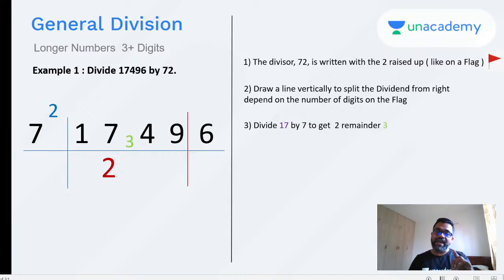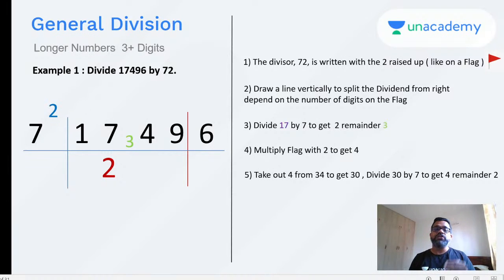Now you have to see that when I've written 3 right there in that green color, you have to read that number as 34. So the next number is going to be 34. The first number was 17, but before I divide 34 by 7, I will multiply the 2 and the 2, the blue 2 and the red 2. When I multiply that, I get 4, right? I will always keep multiplying this way. So the fourth step is multiply the flag with 2. The flag is a 2, and again that first digit of your quotient is 2, to get 4.